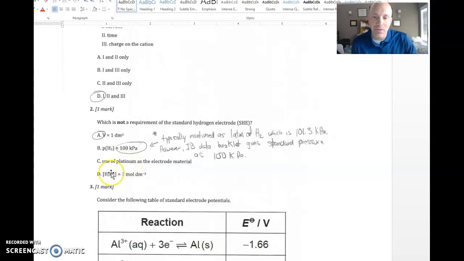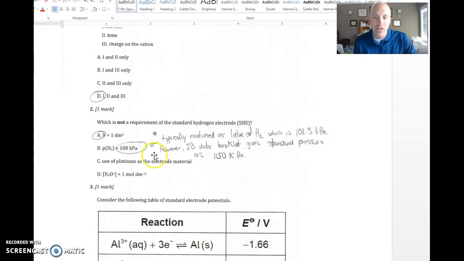The solution it's in needs to have 1 molar hydrogen ion concentration, which by the way would be a very acidic solution. If you calculated the pH of the solution, it would be close to pH 1. And the last thing mentioned before is that the pressure of the hydrogen should